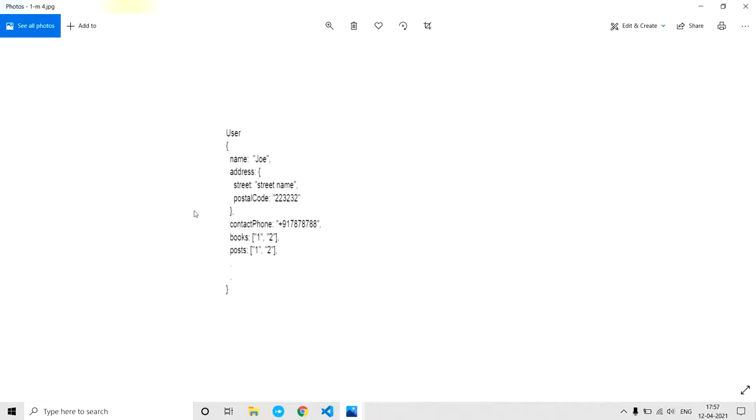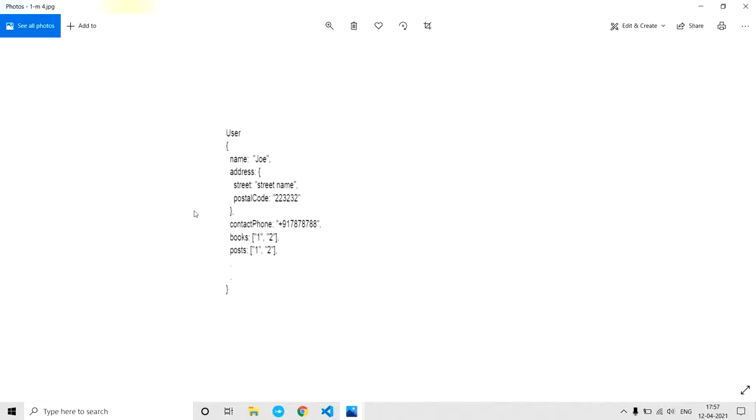If your collection goes on growing, like books, and a user has 10 million books, we are going to store 10 million IDs in this user collection, which is pretty bad.